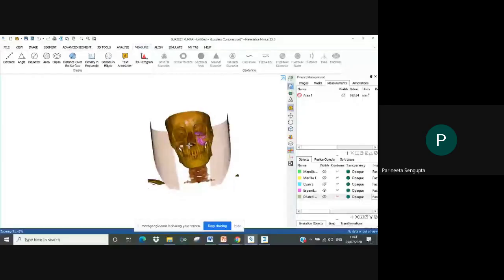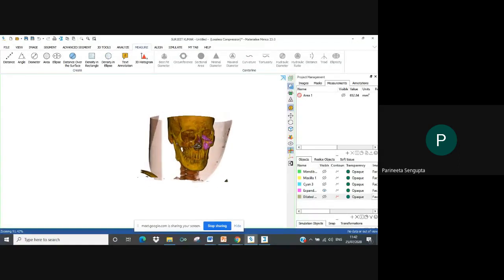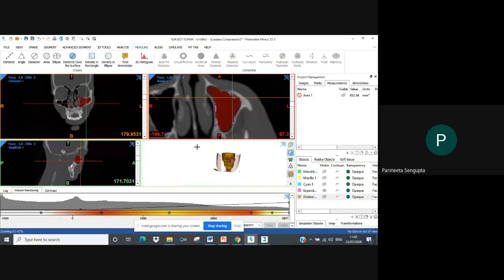So going back to the volume rendering option. Generally, we keep volume rendering closed because it makes your file very heavy to work with. It makes your operations lag in the software. So you can switch on volume rendering as and when required. Like first you create your maxilla mask, and then once you're ready to visualize, only then go and switch on your volume rendering option here.